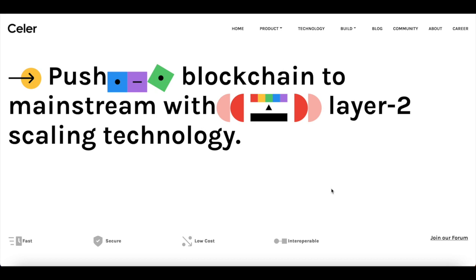So everything that we just went through, let's just go over it one more time. What do we know about Celer Network? It's a layer 2 scaling platform, one that enables fast, easy, and secure off-chain transactions for payments and generalized off-chain smart contracts. Not to mention, the Celer team also created Celer X, and that's a testnet app to showcase the quick transaction